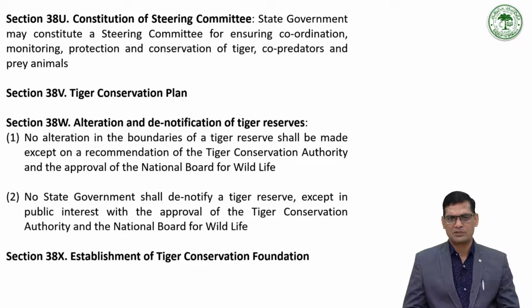of other members. Section 38V of this chapter deals with the declaration of a tiger reserve and preparation of tiger conservation plan by the state government. It states that the state government shall, on the recommendation of the Tiger Conservation Authority, notify an area as a tiger reserve. The state government shall prepare a tiger conservation plan, including staff development and development plan for the proper management of the